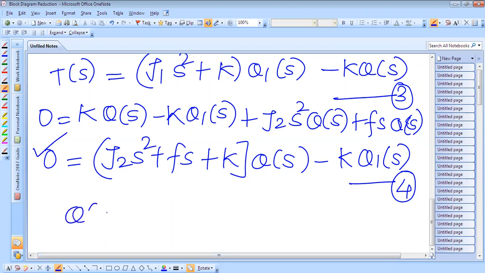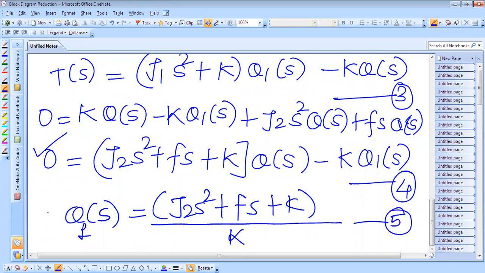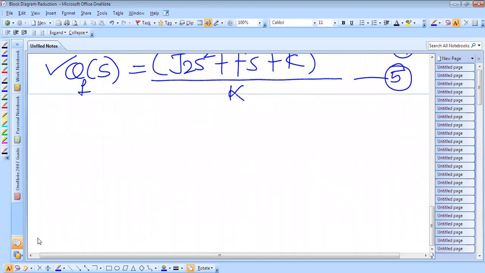So this theta 1 of S is equal to J2 S square plus F S plus K divided by K. This is the value of theta 1 of S. So this theta 1 of S we have to put in equation number 3, and therefore